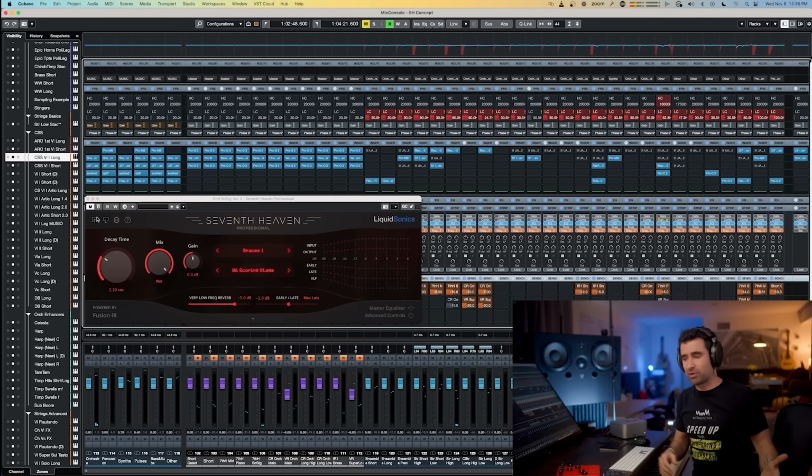But why do you add reverb to the strings, or why do you add reverb on top of a sound that has been already recorded in a room that already has reverb? It's just the way it's done in cinematic music. Yes, it gets recorded in a space that has reverb, and then on top of that we add reverb. And you would say, yes, but with an algorithmic reverb, that would be enough. Yes, but generally,